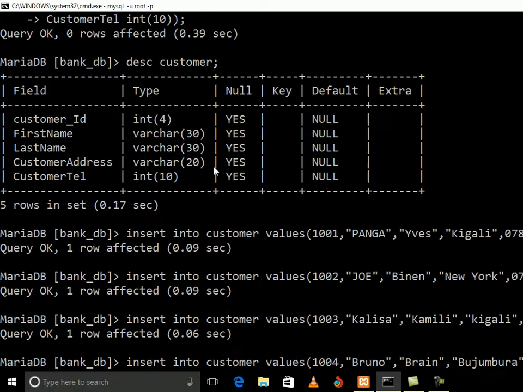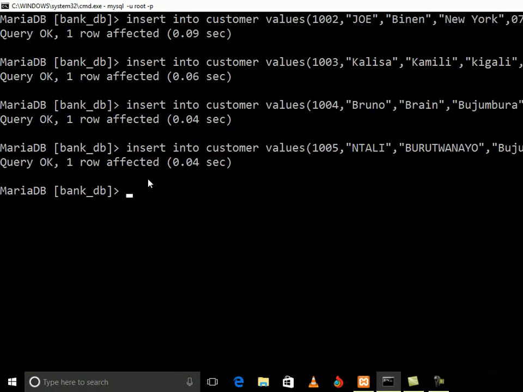Remember, guys, I taught you about the select statement. The select statement is used to retrieve data from the database table. When you are selecting, we can list all the records you have in the database, or we can list some records according to their columns. Let's say select all from